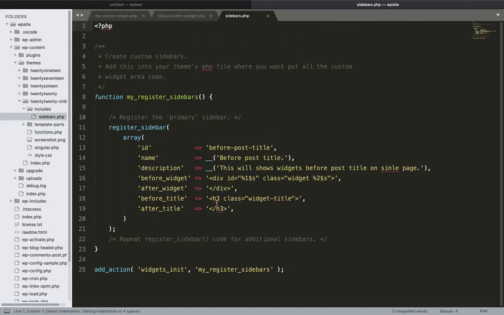Yes, so in one of our videos, we created this widget area. If you haven't seen that video, then the link is coming at the top right corner of the video. Over there I have explained how we can create a new sidebar or widget area for our theme. So in this sidebar,